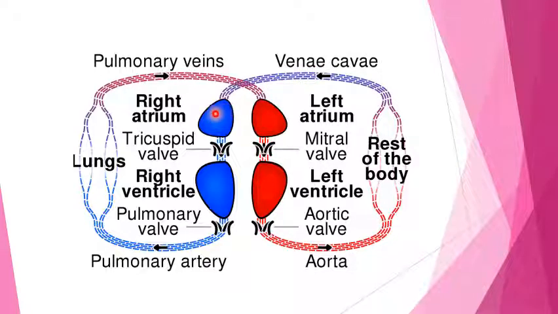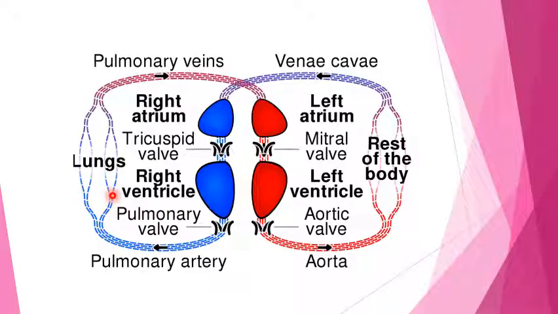After receiving the blood in the right atrium, it contracts and passes the blood through the opening of the AV valve into the right ventricle. Now the right ventricle will contract and pass the blood to the pulmonary artery, which carries the blood to the lungs for oxygenation. So from the vena cava to the atrium to the ventricle and then to the lungs through the pulmonary artery, this particular pathway is known as the deoxygenated or pulmonary pathway.